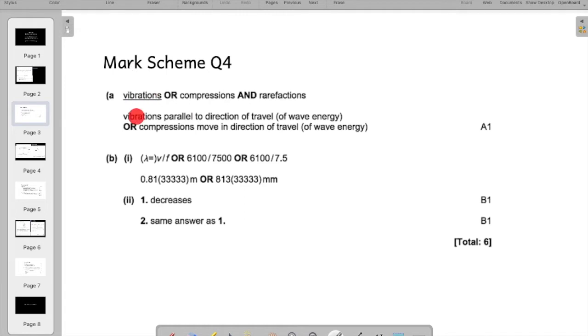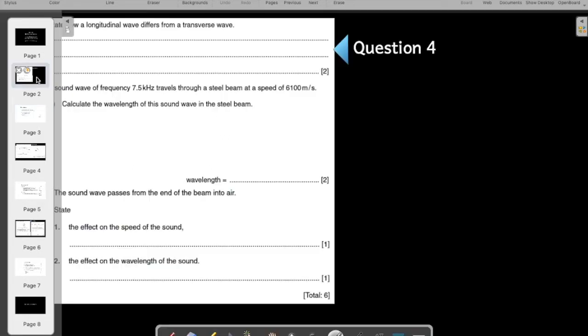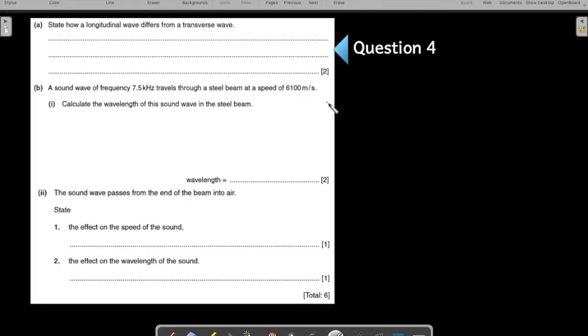Okay. So vibration is parallel to the direction of the travel, or compressions move in the direction of the travel. It's a 2-mark question. So one of the marks for these things, or if you just write compression, rarefaction, you'll get 1 mark. So let me explain what the mark scheme is telling you about how the marking for this question is done. If you are just saying in your answer that a longitudinal wave contains compression